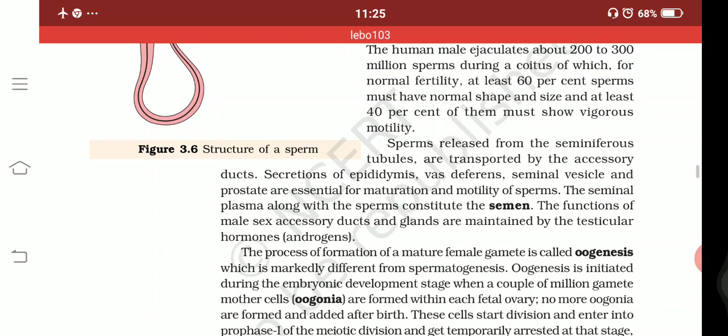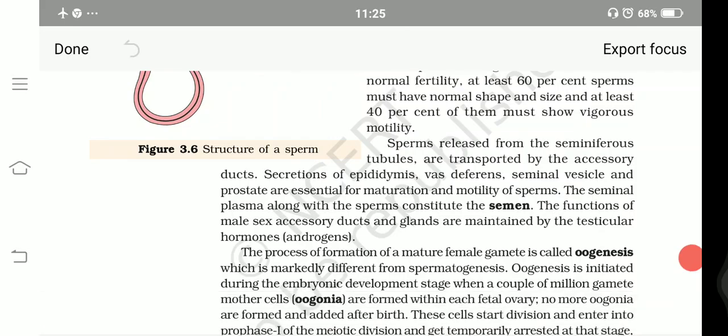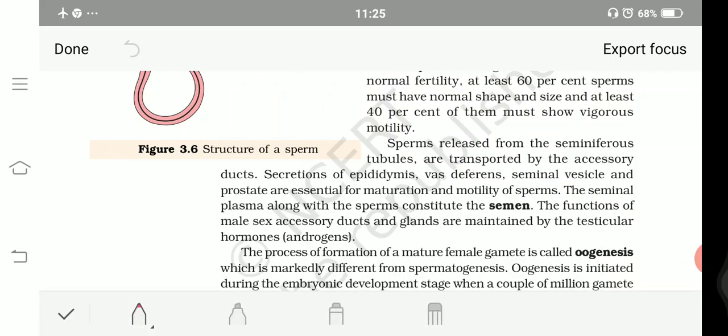In that context, I can say that at least 60 to 70% of the sperms are of normal shape and size, and they must show vigorous motility. What does it mean? It means that of all the sperms being produced, 60% should be in their normal shape and size. As we all know, the age or lifespan of sperms is only 72 hours,